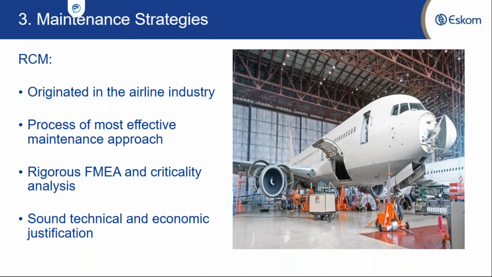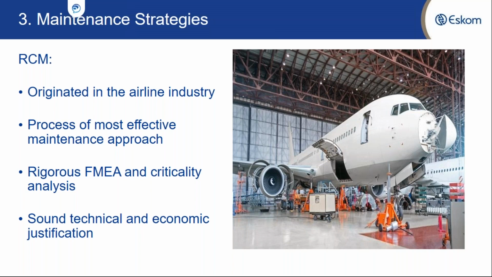The findings by that work group, as they were analyzing all of the failure information they had at hand, were that no matter how much preventative maintenance they were doing, it was not solving their problem, because the majority of assets did not have a constant probability of failure. So a process of identifying the most effective maintenance strategies was developed, and it was named the RCM approach.